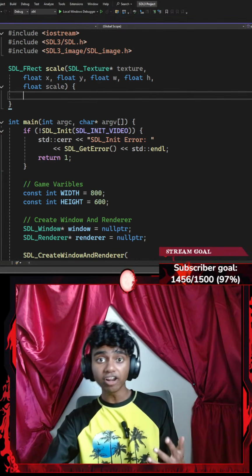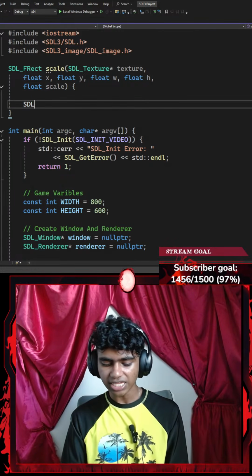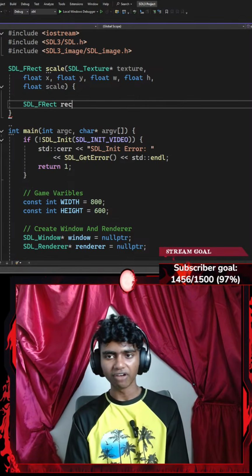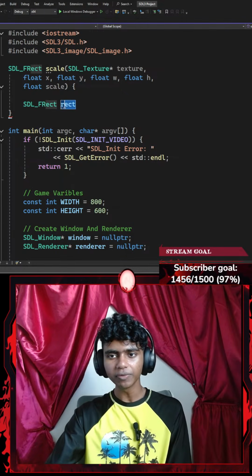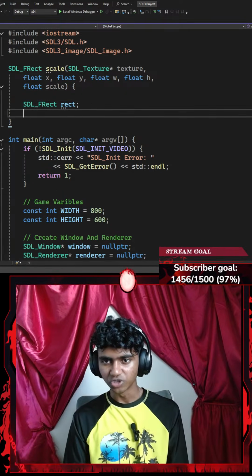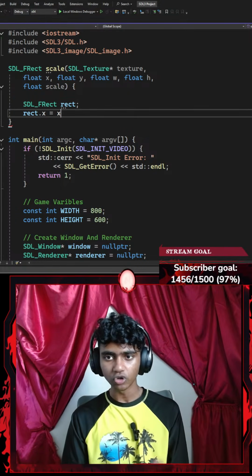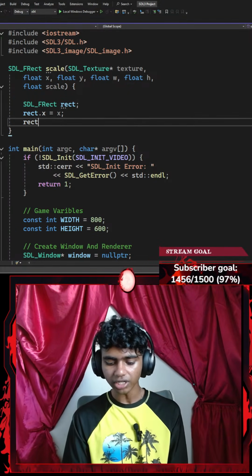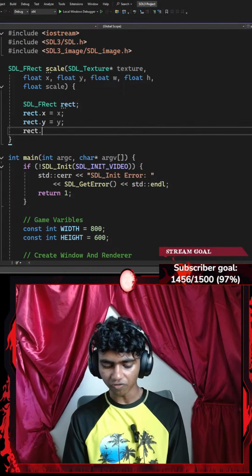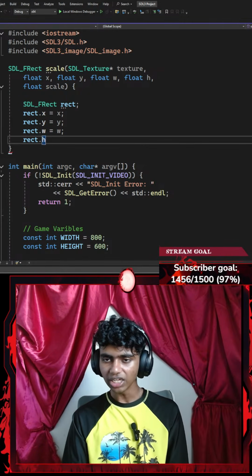Now, inside of my function, let's go ahead and use my SDL_FRect structure again. This is going to be a rect, so this rect local variable consists of all my structure's attributes. I'm going to end this with a semicolon and then do something like rect.x equals my x-axis parameter, ending with a semicolon, rect.y equals my y-axis parameter, rect.w equals my width parameter, rect.h equals my height parameter,